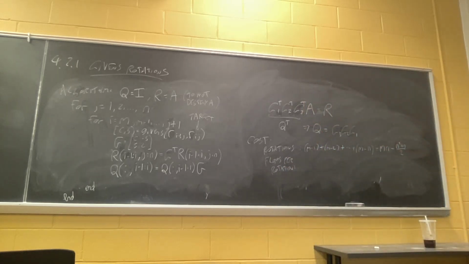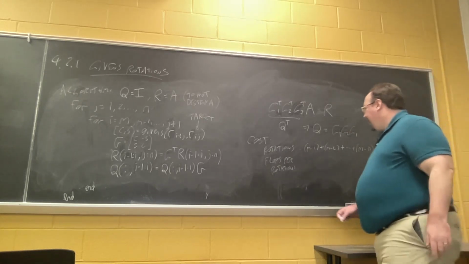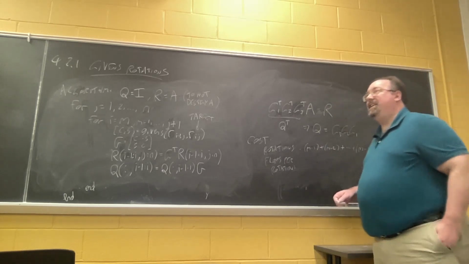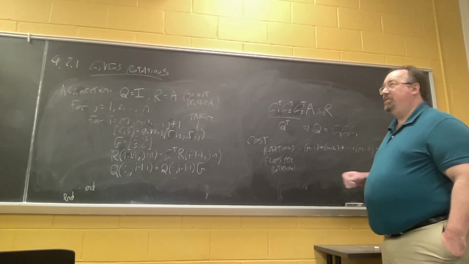All of the rotations working on the first column will impact entire rows. So what happens is you can scale rows. Well, it's going to be a multiple of n, certainly, because